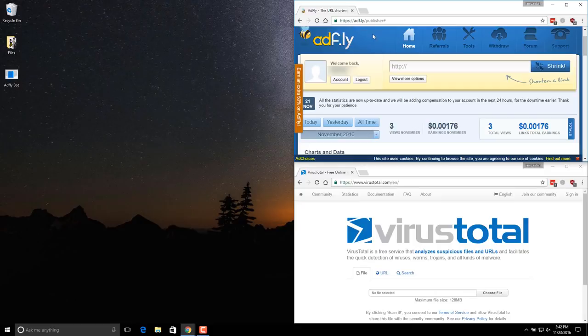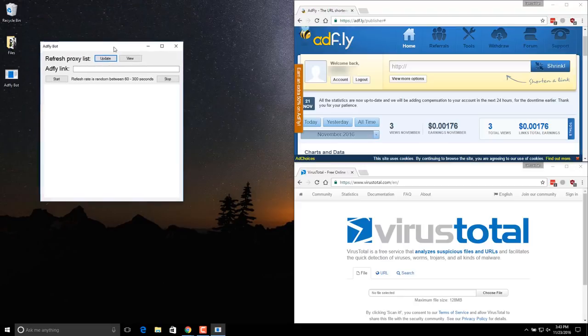Now what we are going to be doing is we're going to take that link that we just copied for VirusTotal, and we are going to paste it in this bot right here. Now what this bot is going to do is that it's going to keep on refreshing, and it's going to keep on clicking skip, like skip ad. So now you could technically do it yourself, but the problem in that is that you're gonna be using the